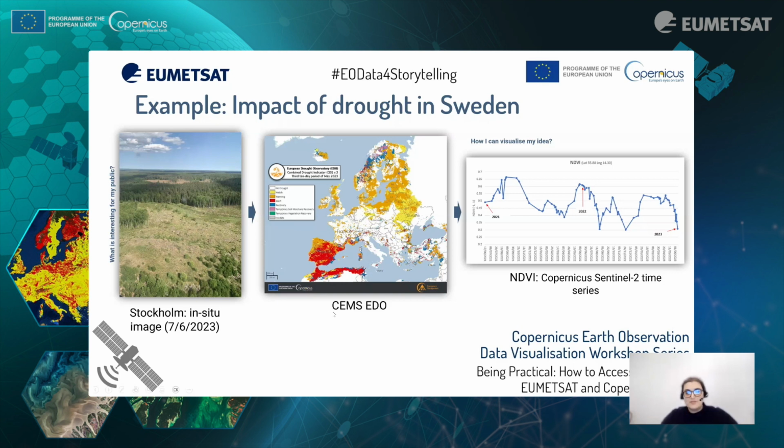The next step was to check if my idea was right. And I checked the data of the Copernicus emergency management, in particular the European Drought Service. And if you see in the south of Sweden, there is drought. But I cannot produce this image for the general public. What is the translation? What is the real impact of this kind of situation?